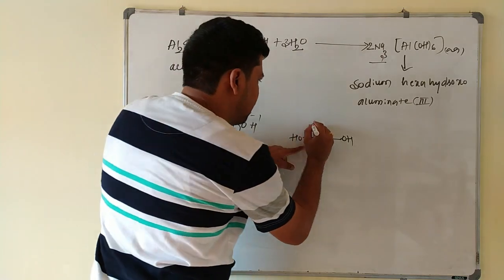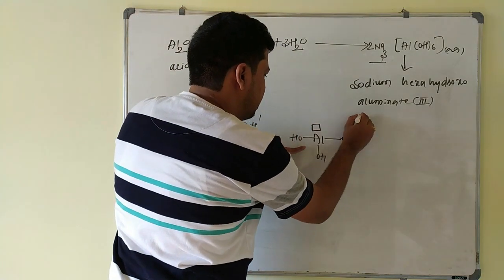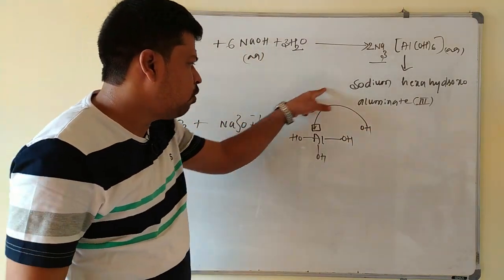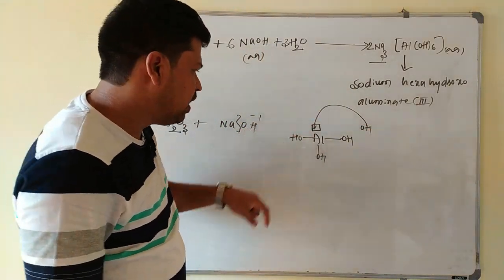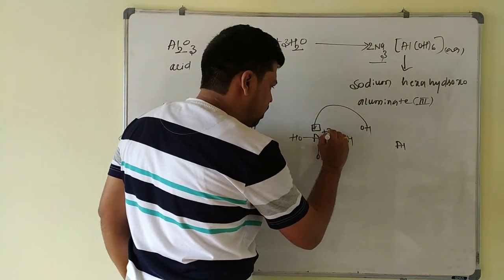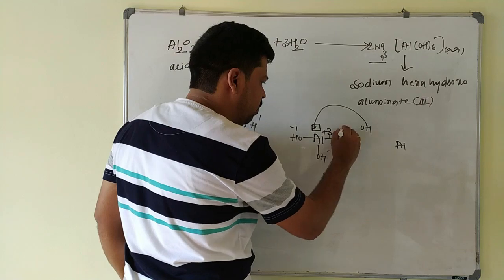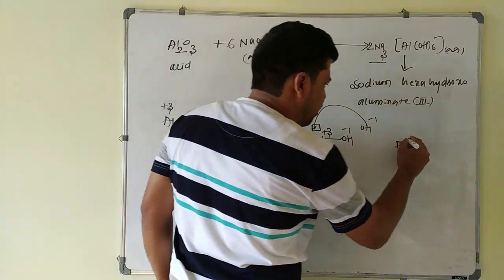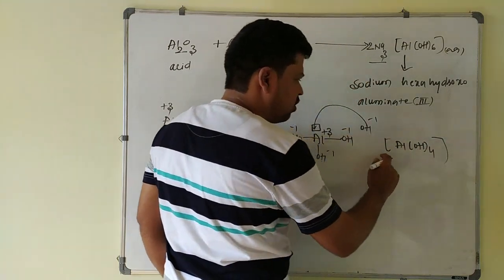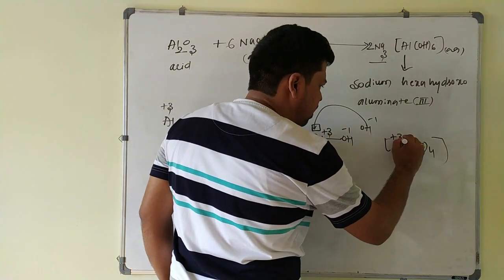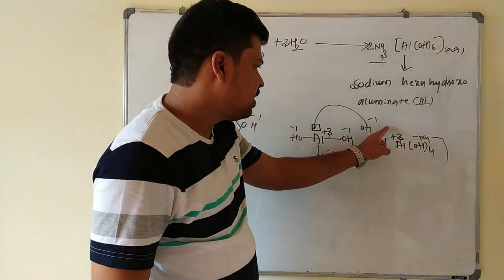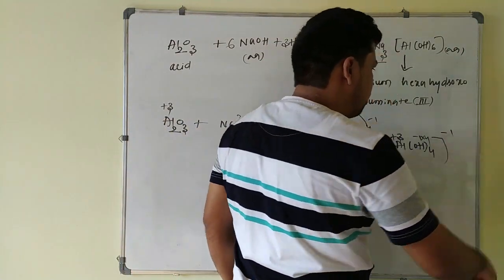So this is the basic thing. Next, this aluminum is having one vacant orbital, so that it can connect to another OH. Another OH can come, so that 4 OH can be attached to the aluminum. Then Al is +3 and surrounding each OH is -1. So if I write Al(OH)4, and the overall charge on the complex, I will write Al is +3 and each OH is -1, like that 4 OH are there, +3 -4,